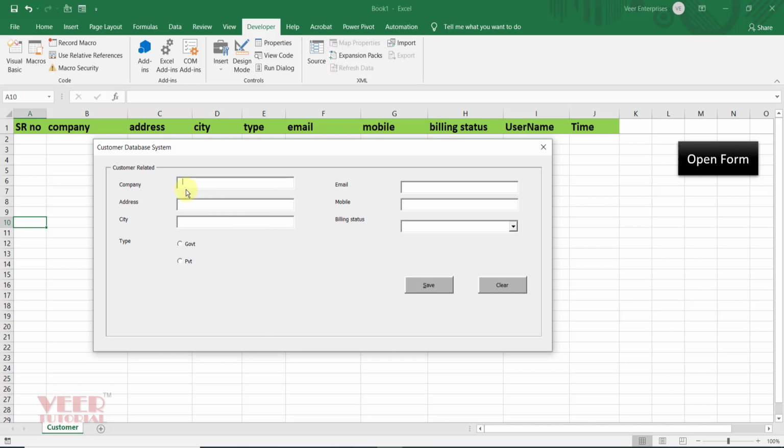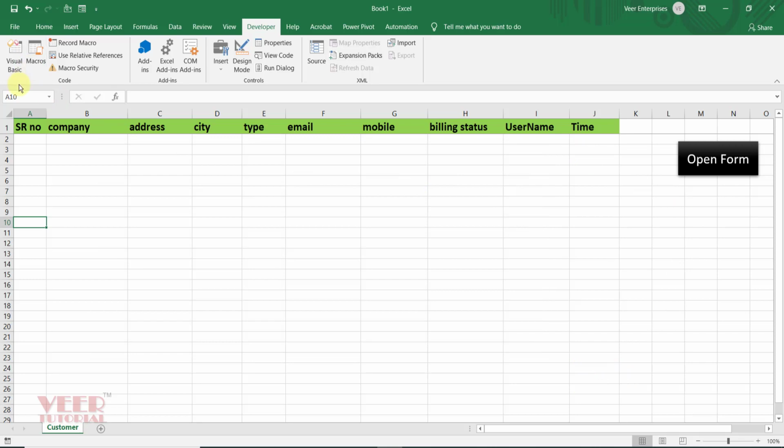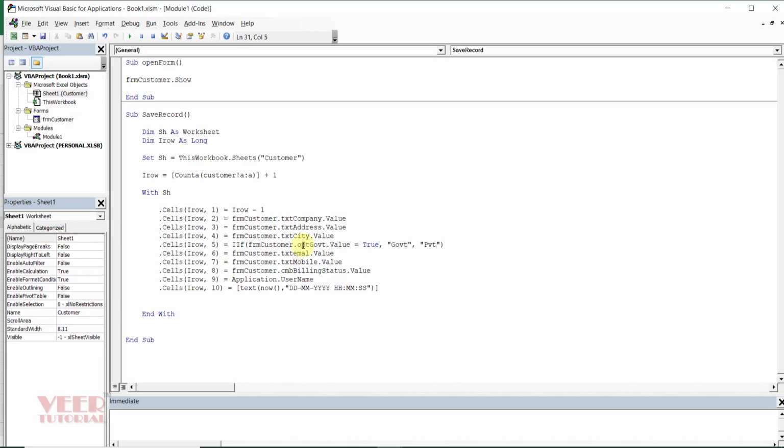The current situation: we have already created the code which is linked over here. So now I will assign that code in the save button, and I would like to see one message as well whether we would like to save it or not. So we have the option to cancel it and do the rectification, and once we click yes, it should add in the first row, and if the first row is filled then it comes to the second row, third row, fourth row, and so on. So I will close this one and I will go to the VBA window.